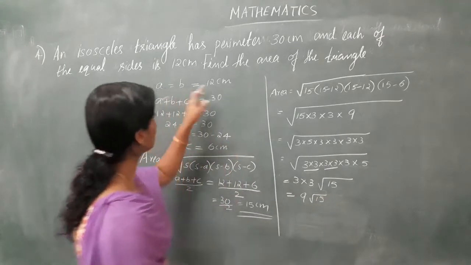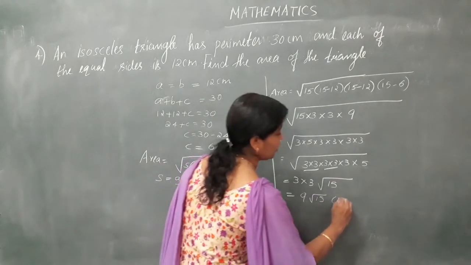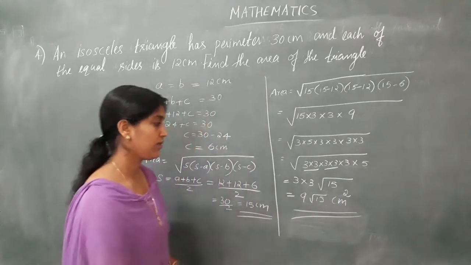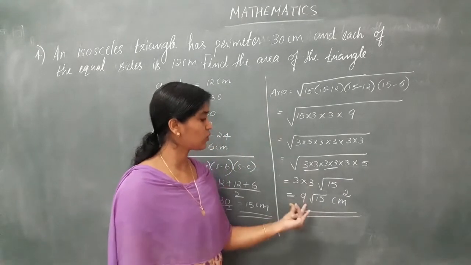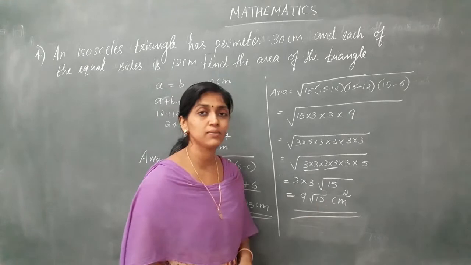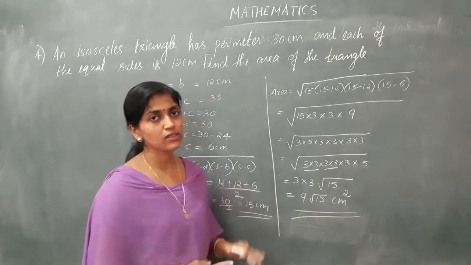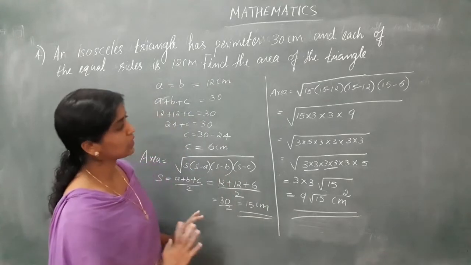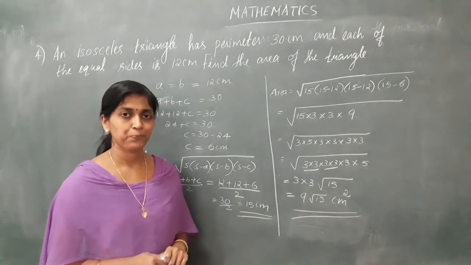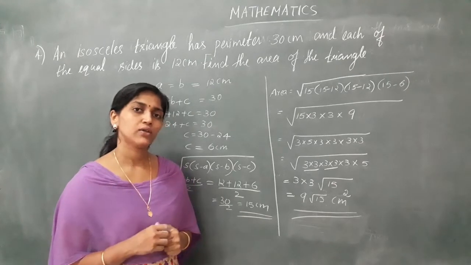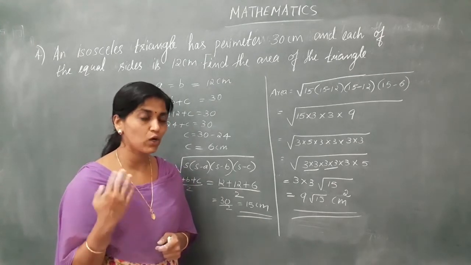What is our unit here? It is centimeter. So unit for area is centimeter square. So we got the answer. Area is equal to 9 root 15 centimeter square. Easy, no? The problems are easy. So in this section we have only this much problems. So the same problems I'll give as notes. You can copy it down and also I'll give the homeworks for today.